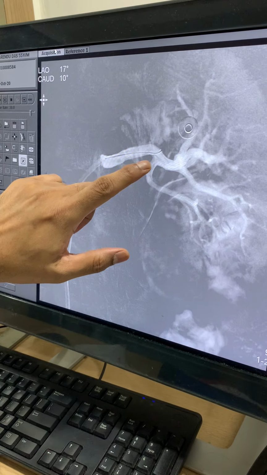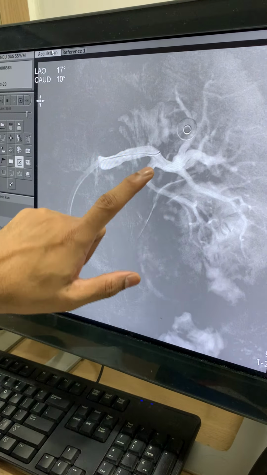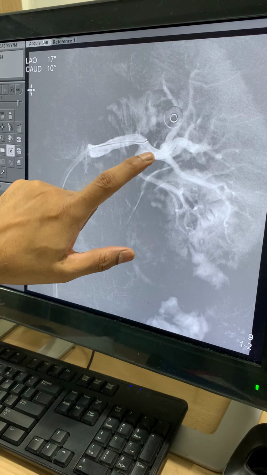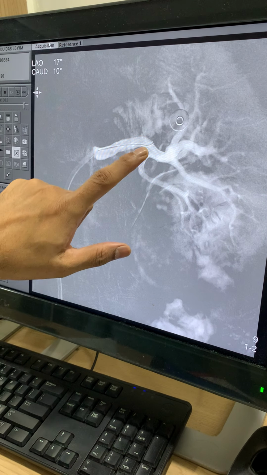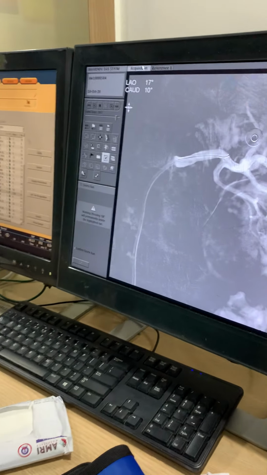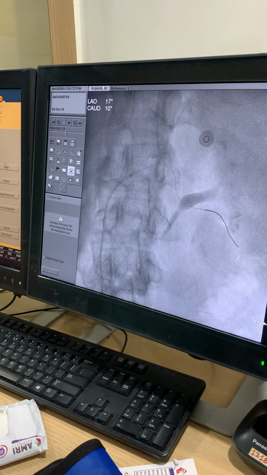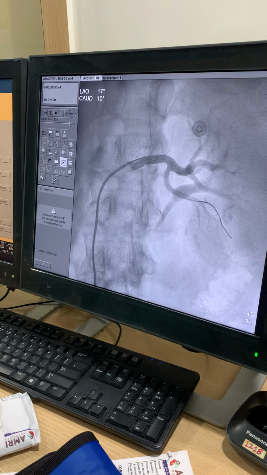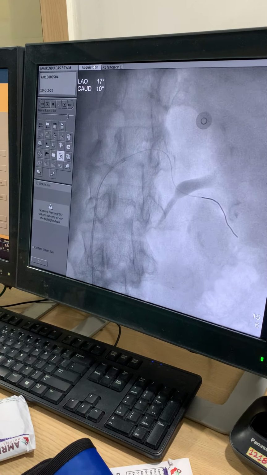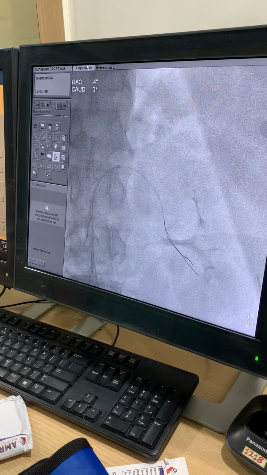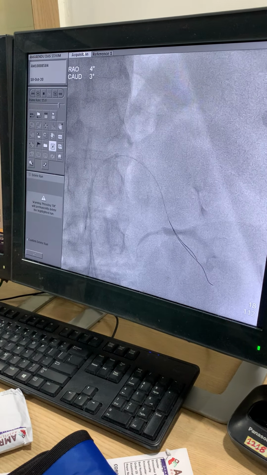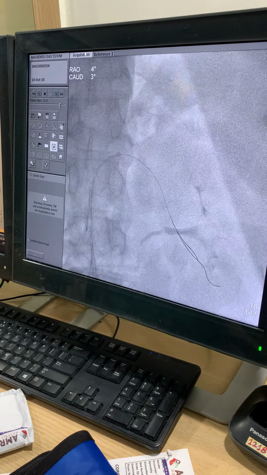In the left renal artery, this one, which is coming at 7 o'clock, is actually originating at 90 degrees. So this was initially difficult. What we did, we took 1 Cyan blue wire initially, and we told the patient to take a deep breath. Once they take a deep breath, this angulation is lessened, and we could pass 1 Ironman wire.